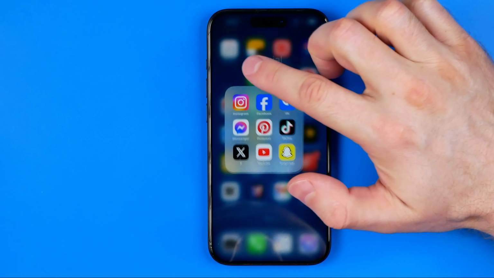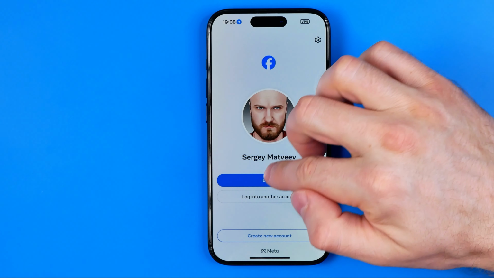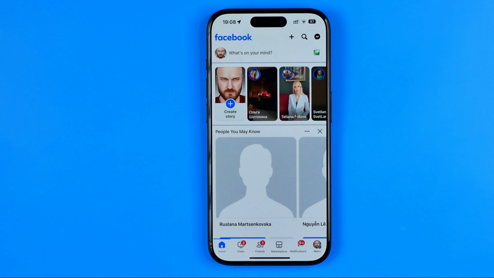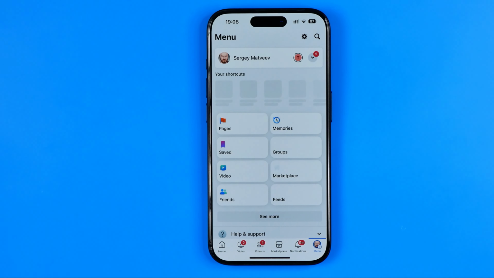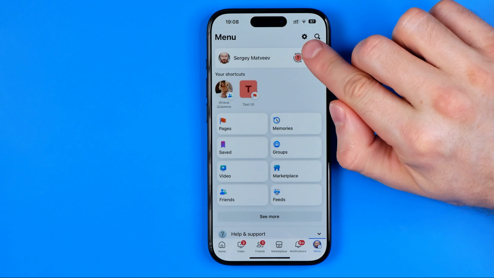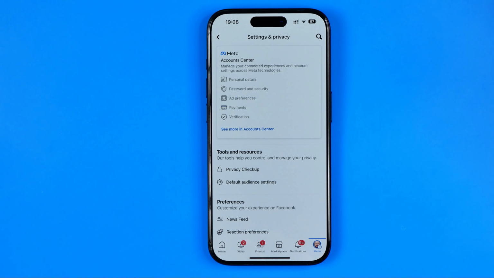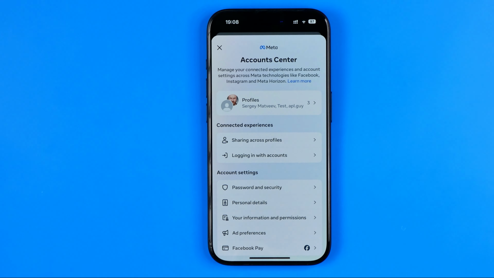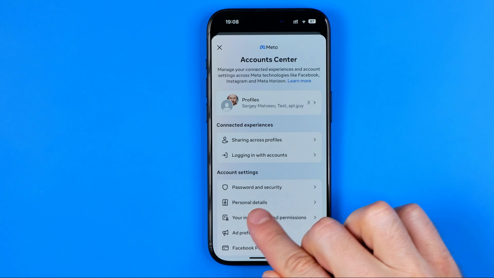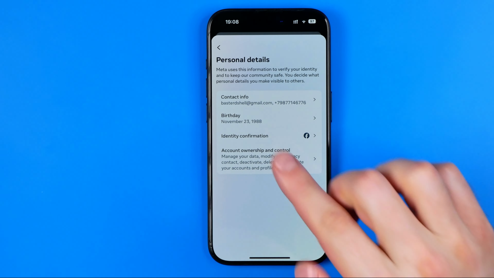Let's get started, guys. The first step, we need to open up Facebook app, sign into our Facebook account, and then head over to menu. On menu, we can easily find that gear. Just tap on it to go to settings and privacy, and then tap somewhere here to open up Meta Account Center. Once it is done, guys, to continue, tap add personal details here, and that's where we can easily find